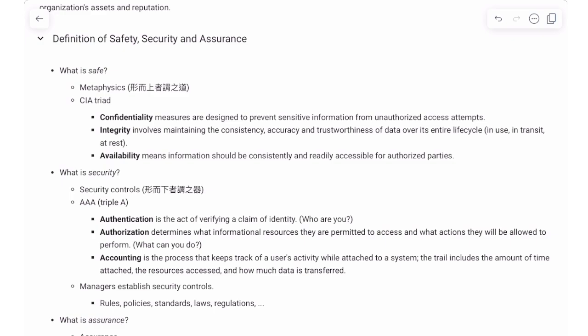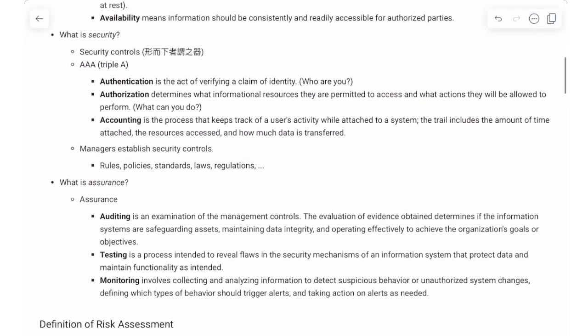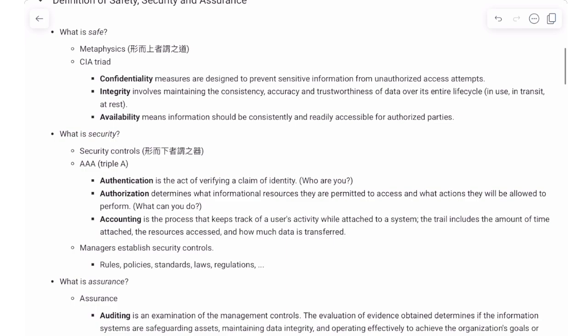Okay, so let's take a look at another concept, which is assurance. Again, it has three important things to do, including auditing, testing, and monitoring. I think I can give you a very interesting example from real life, which is COVID-19. When we quarantined during COVID-19 at the campus, usually our principal, the highest manager in our university,